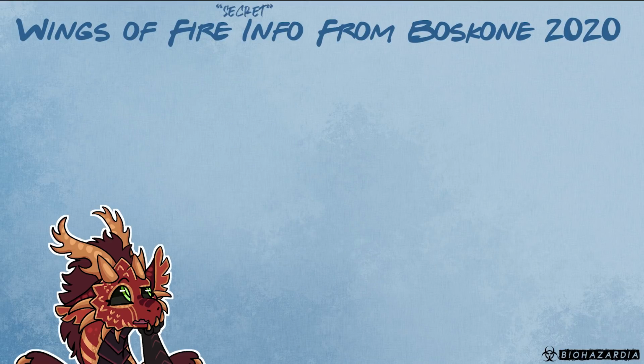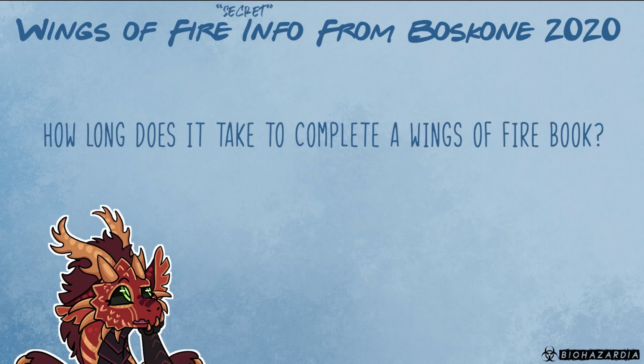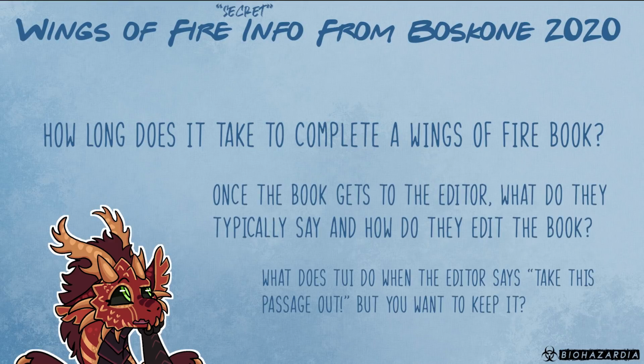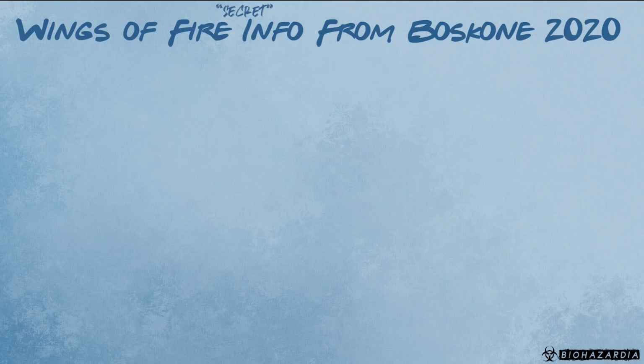The next few questions are about the writing process of Wings of Fire. How long does it take to complete a Wings of Fire book? Once the book gets to the editor, what do they typically say and how do they edit the book? How do you deal with it when the editor says, take this passage out, and you feel like you have to keep it? Tui said that it takes about 2 to 3 months to make the first draft of a Wings of Fire book,